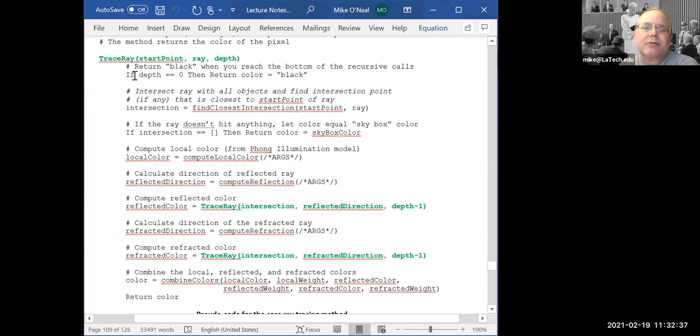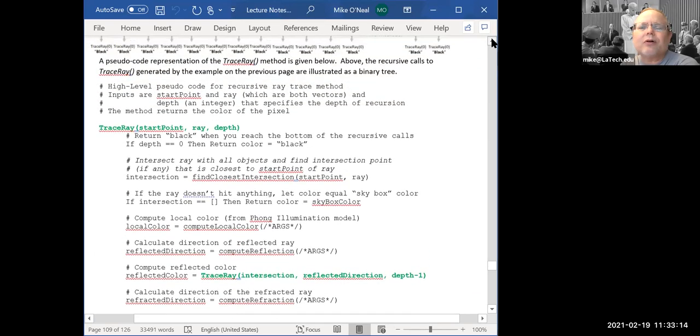The next thing you have to do, assuming we weren't at level 0 and just returned already, we're at a non-zero level. So I need to intersect the ray with all of the objects in the environment and find the intersection point, if any, that's closest to the start point of the ray. So I made up the pseudocode thing, right? It says it'll give an intersection: find the closest intersection from the start point of the ray. And we'd have to figure out how to do that, but we need an intersection point for this ray. And we need the closest intersection point. Why do I need the closest intersection point? Well,